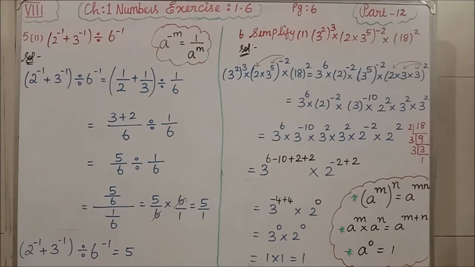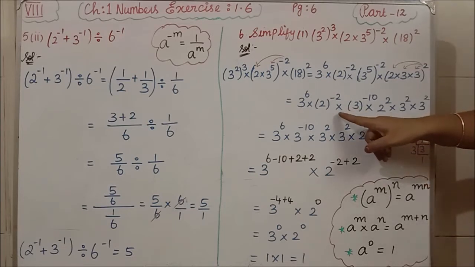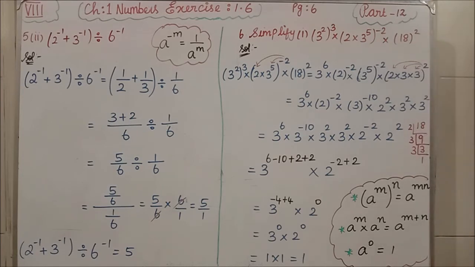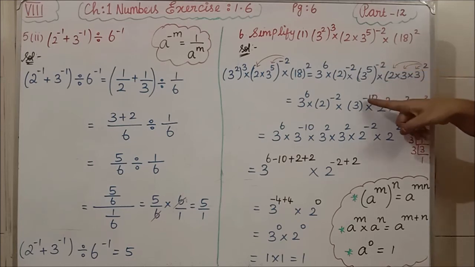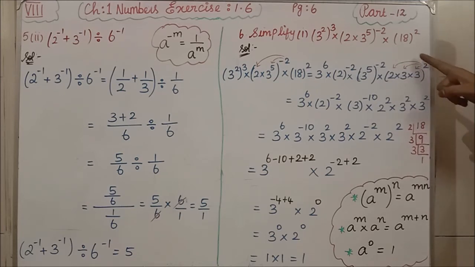Clear all of you? The next step, 3 power 6 I am writing as such. 2 power minus 2 I am writing as such into 3 power 5. For that again whole power we are having, so 3 you have to write as such, 5 2s are 10, that minus I am writing. Clear? Then 2 into 3 into 3 whole square we are having, isn't it? That whole square has to come for 2 as well as for 3 and as well as for this 3. So how can we write in the next step? 2 square into 3 square into 3 square.